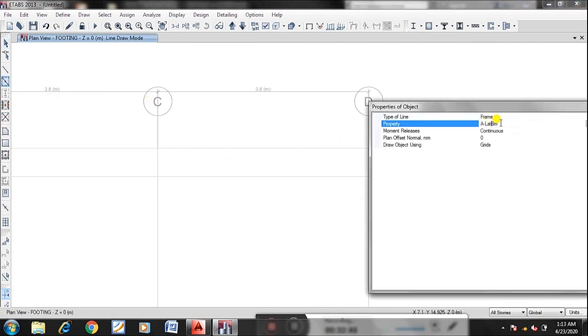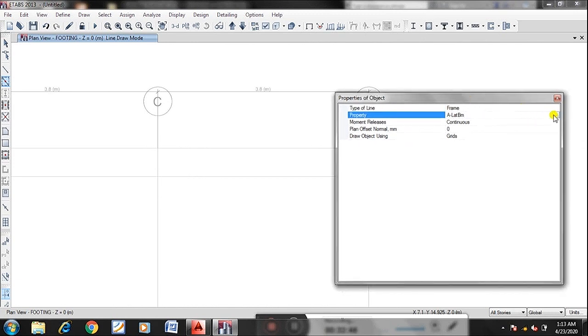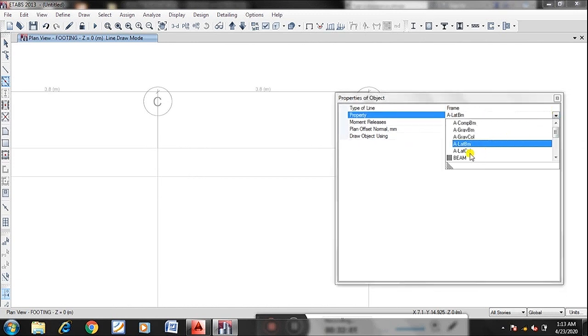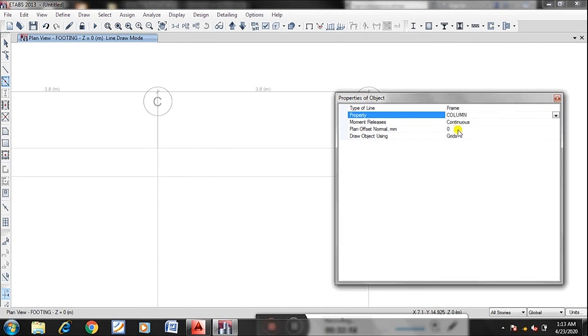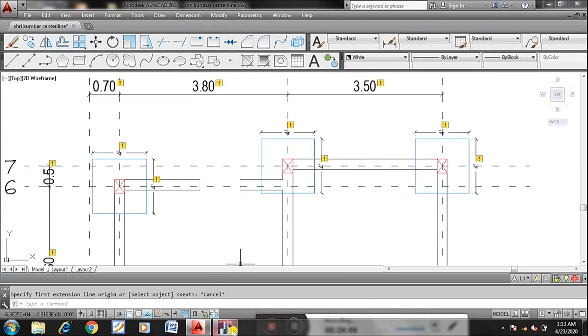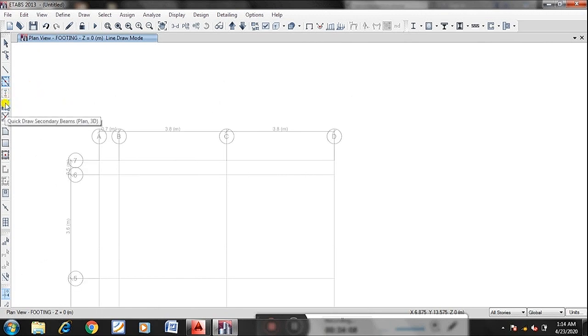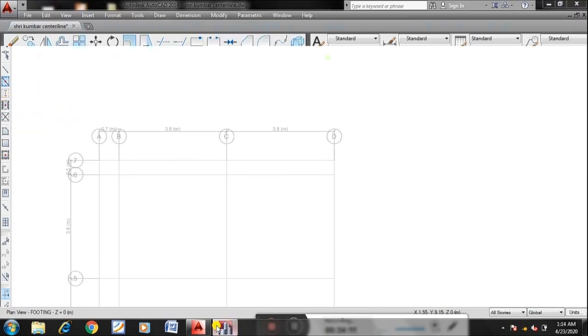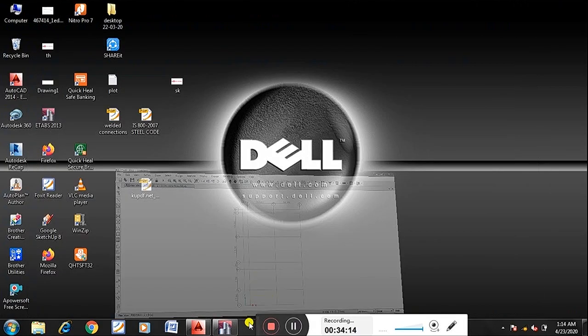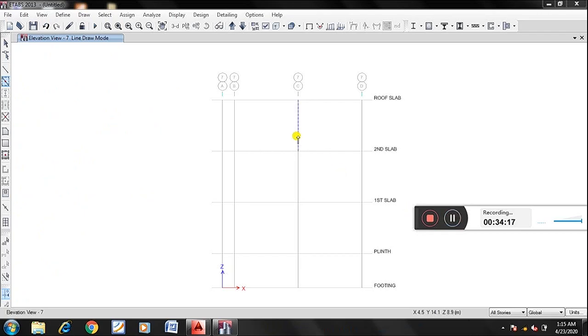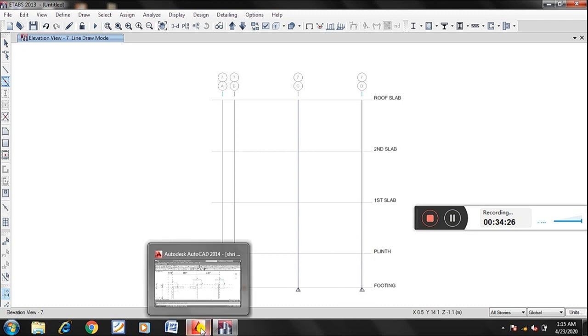So again frame, column, points. Sorry, here you can draw in vertical direction. Wait for a minute. Okay, here I can draw. Okay, 7C and actually in elevation I can draw 7C and 7D.